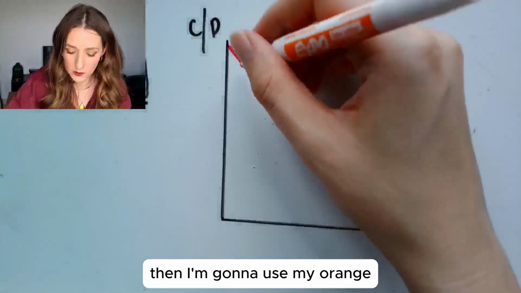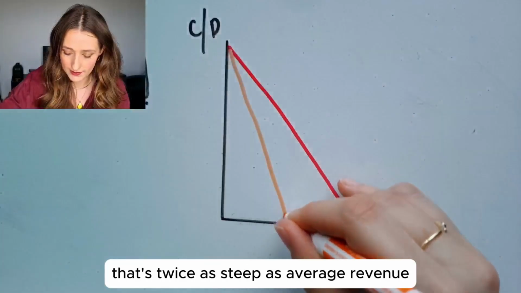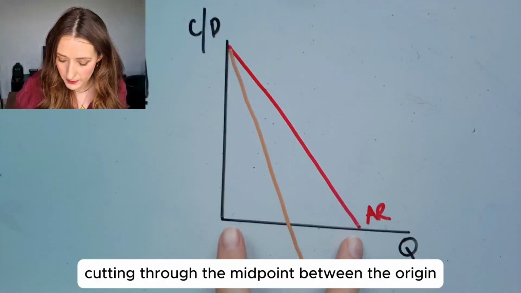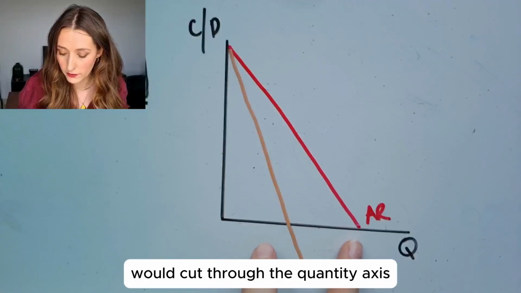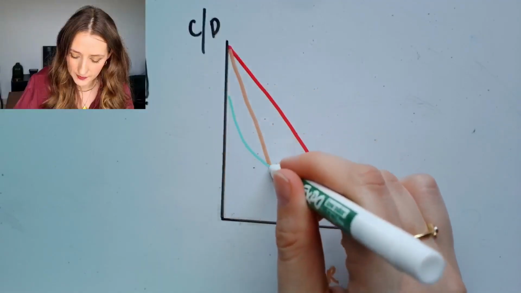Then I'm going to use my orange, and I'm going to draw a marginal revenue curve that's twice as steep as average revenue in orange, cutting through the midpoint between the origin and where average revenue would cut through the quantity axes. My average total cost is a U shape,